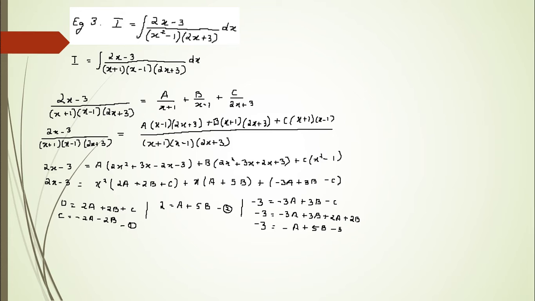This is my third equation, equation number 3. Now from equation 2 I get a is equal to 2 minus 5b. Now putting the value of a in equation 3, I'll get